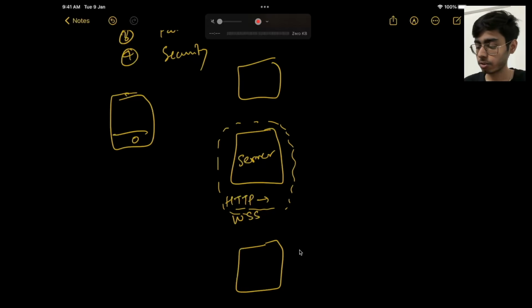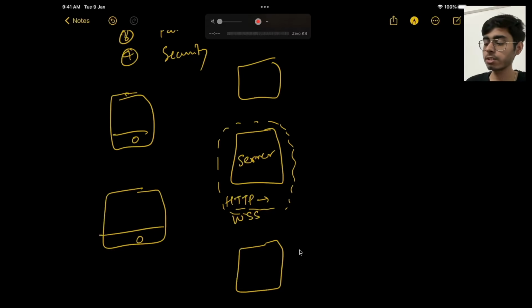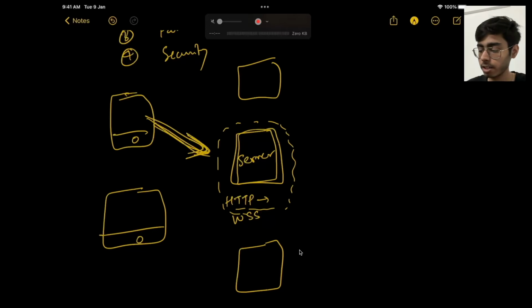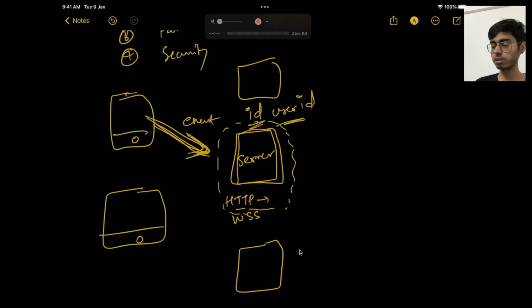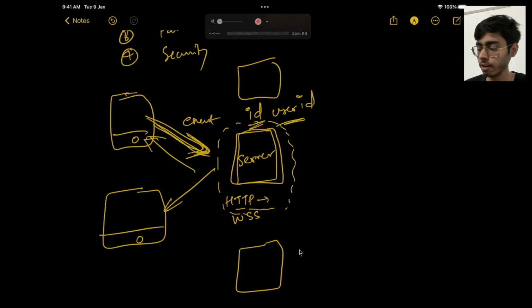Because it's one-on-one chat, let's assume two clients. Whenever one client hits this chat room server, let's say you opened someone's chat, so basically you have joined that chat room, right? So this should be notified. This server gets that event, like user A joined the chat room with the chat room ID and user ID. So now one person is sitting in that chat room. This is an event for the server. Now the server emits one event to all the clients that are available. So you can highlight the pub sub model over here, right?